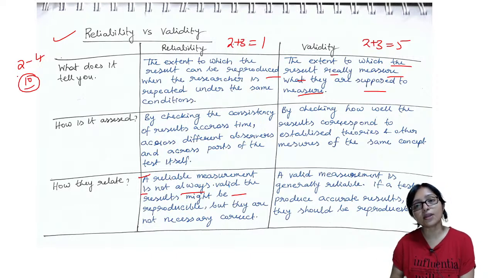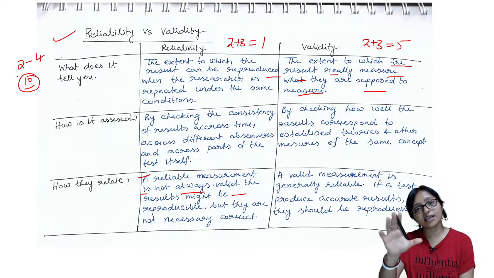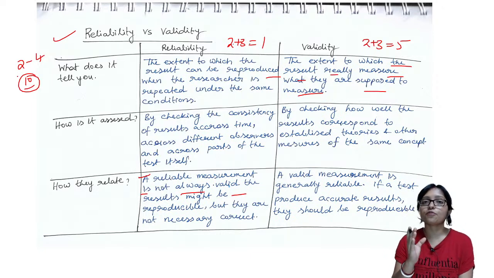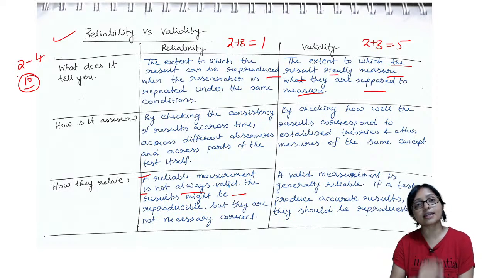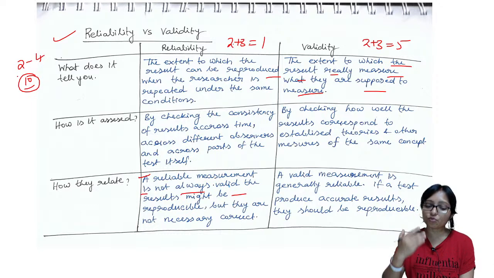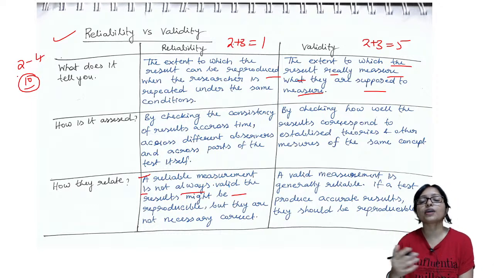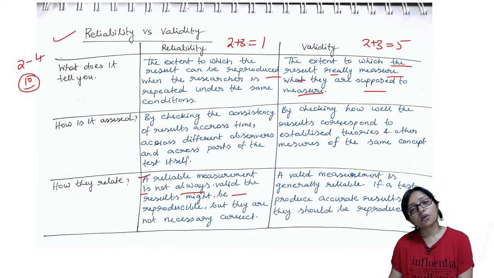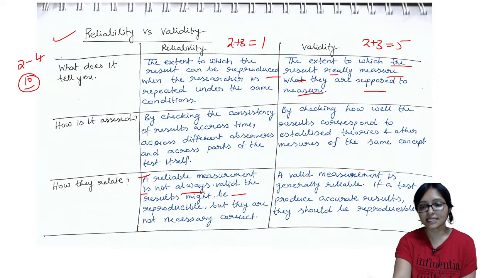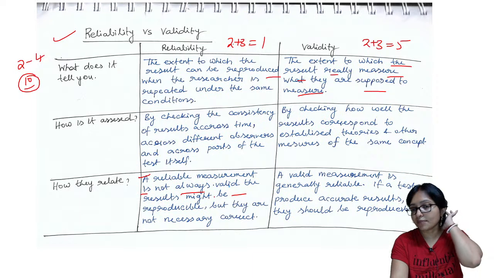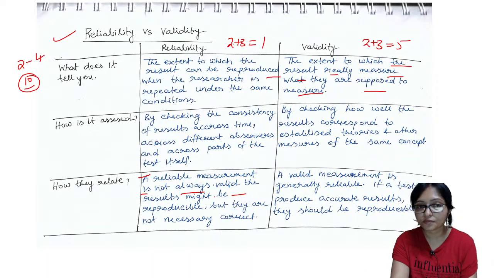That's why sometimes repetition is required. When you are getting the same result, you have to ask yourself, is it valid? Whatever process I am following, whatever work I am doing, is it actually valid? If I am doing valid work, then I will get a correct result. Otherwise, if I am doing it the same way, then I will not get a valid result. So that is the difference between reliability and validity. I hope reliability and validity is clear to everyone.